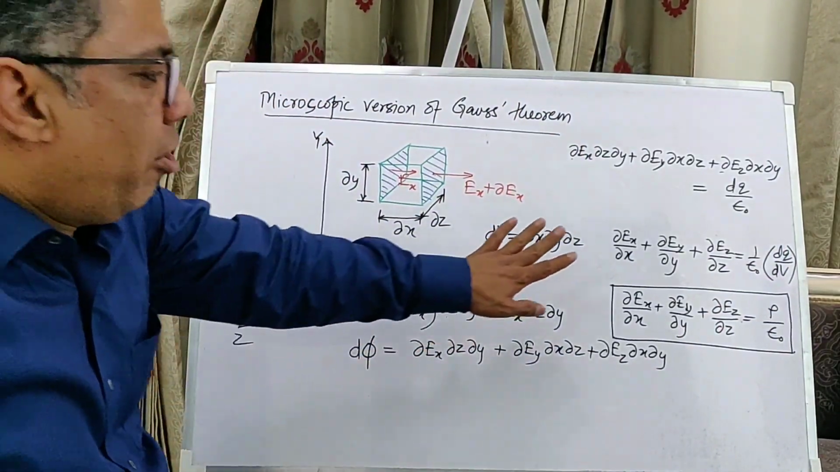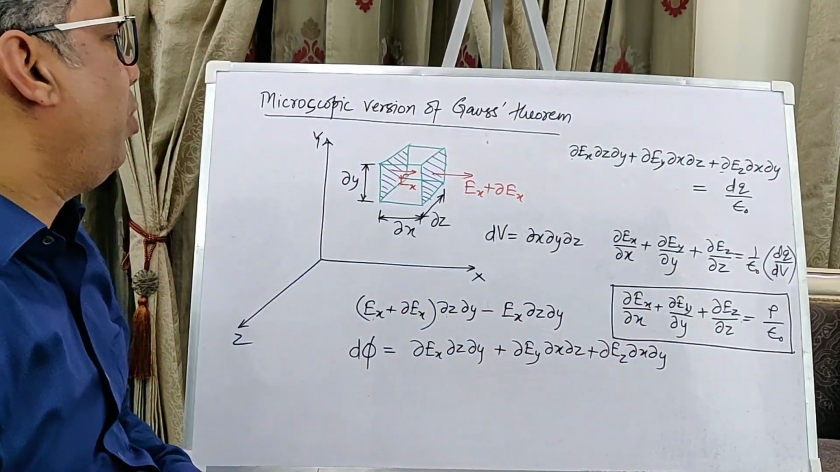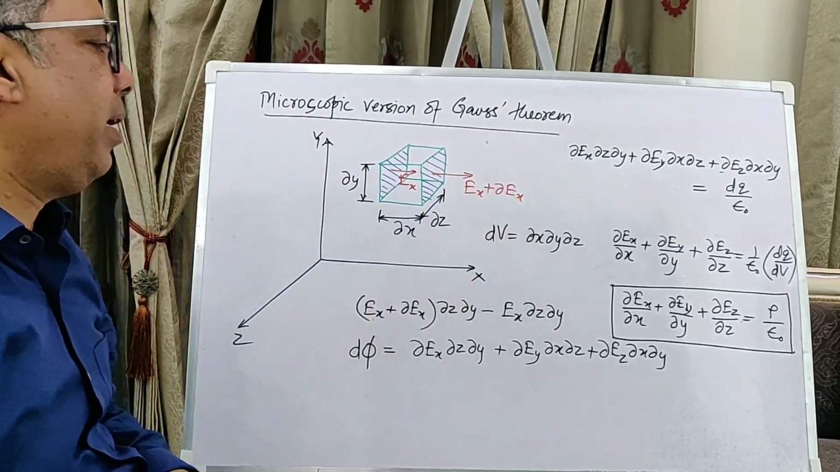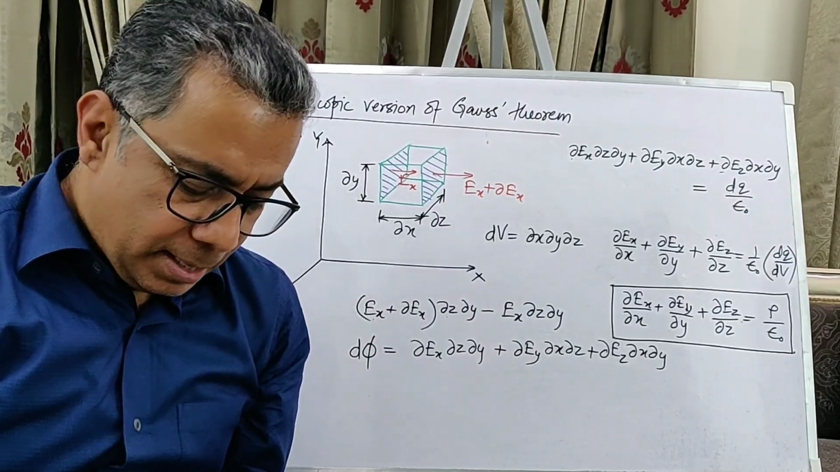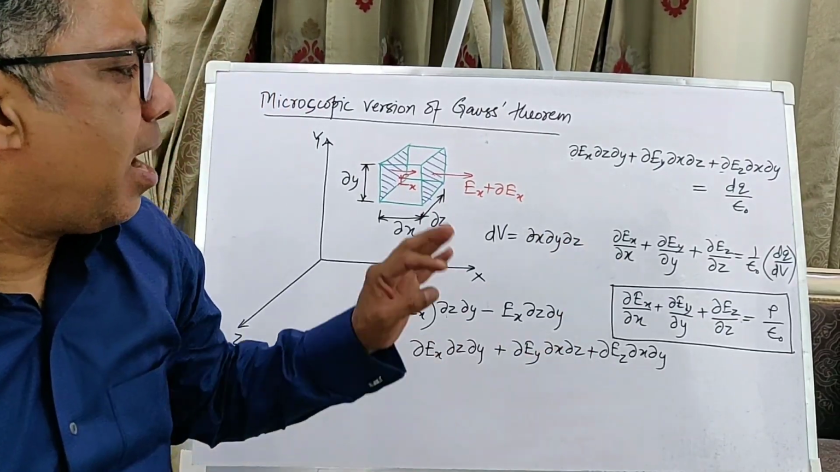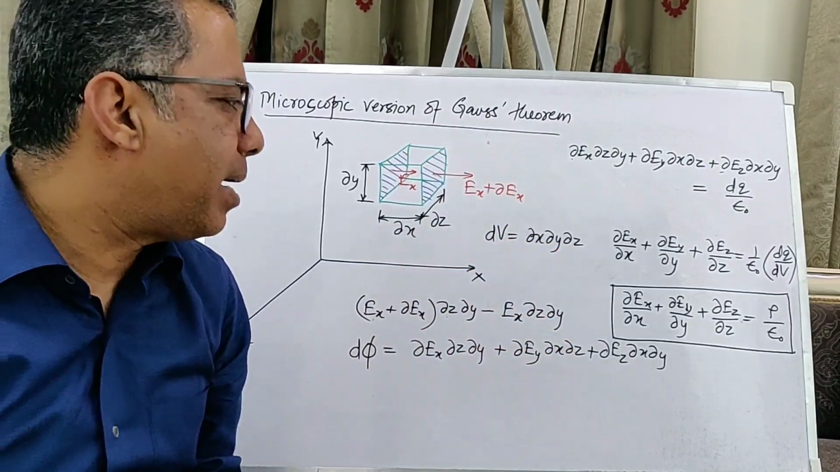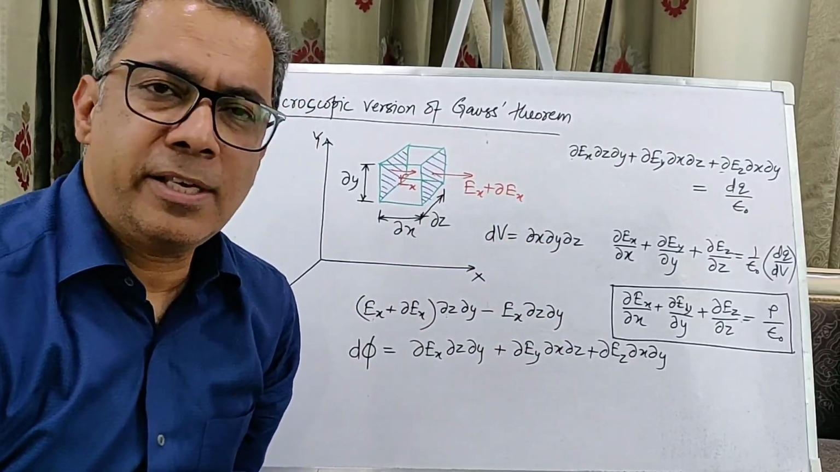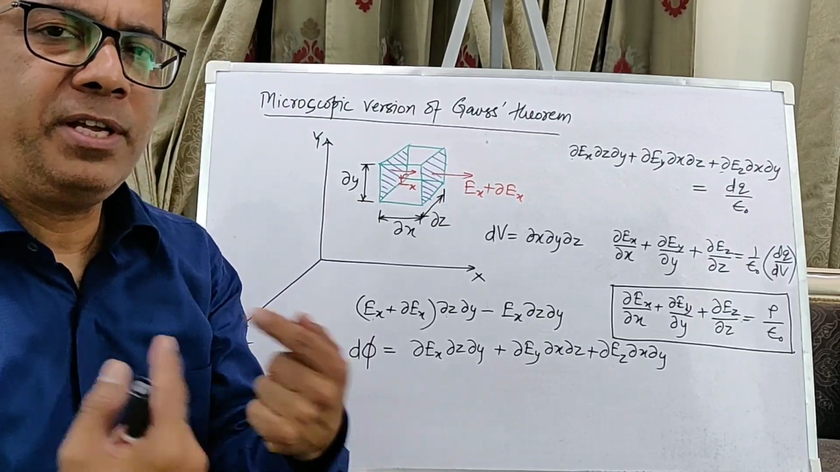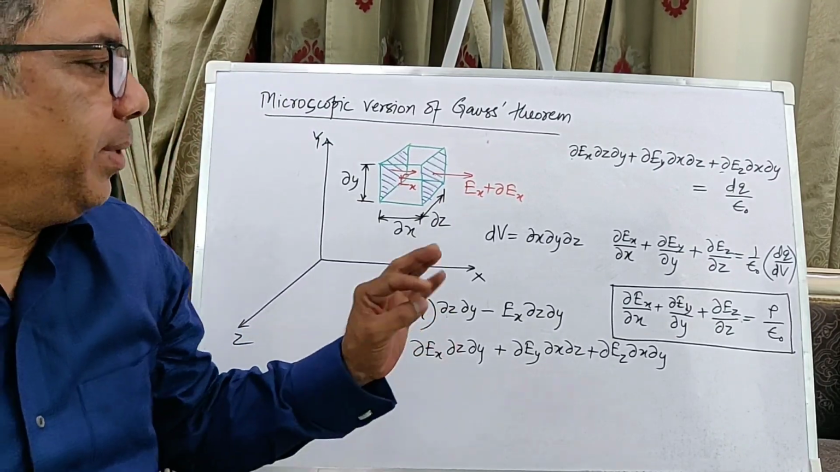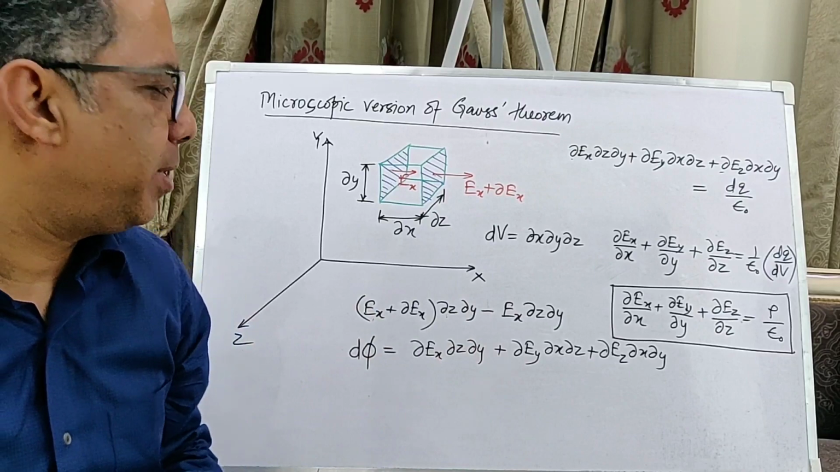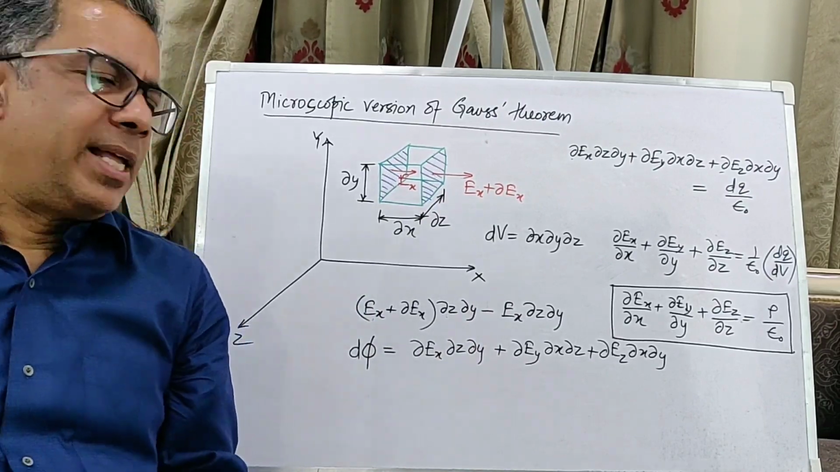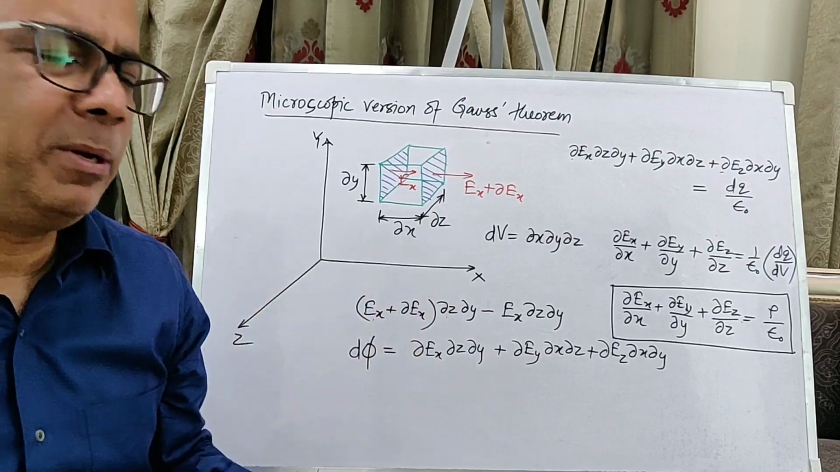So we've got this equation here, which is our microscopic version of Gauss's theorem. Now this is very interesting, and I'll be applying this microscopic version of Gauss's theorem in solving our previous cube problem, and it makes the solution a little bit easier for that particular question. So let's now take up the previous problem once again. We are revisiting that previous problem